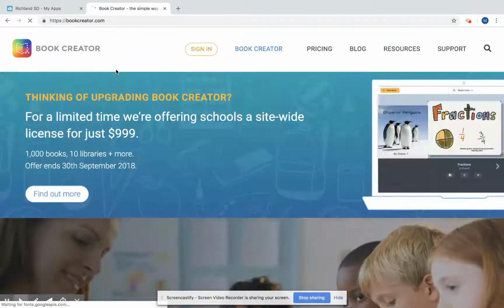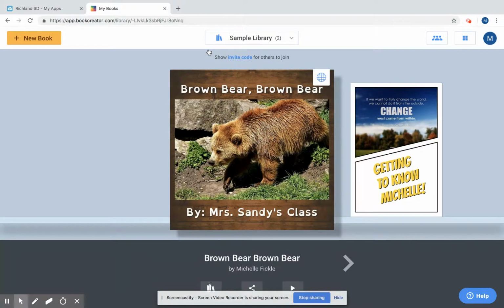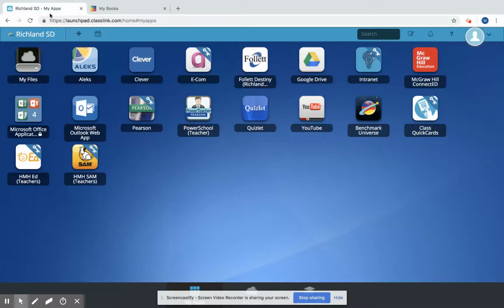I'll go to my Book Creator, and I already have an account in Book Creator. So what I'm going to do is go ahead and click Sign In. Now when you sign into Book Creator or some of the other platforms for the first time, and you want to create a new account, if you log in with your Google account, so you sign in with Google instead of just creating a username and password, then what'll happen is when you create a link in your